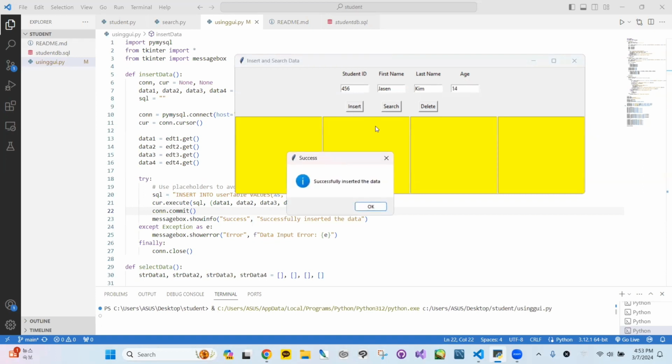After entering the information here, press Insert to save the information. After that, press Search to get the saved information. Also, if I enter a student ID and press Delete,